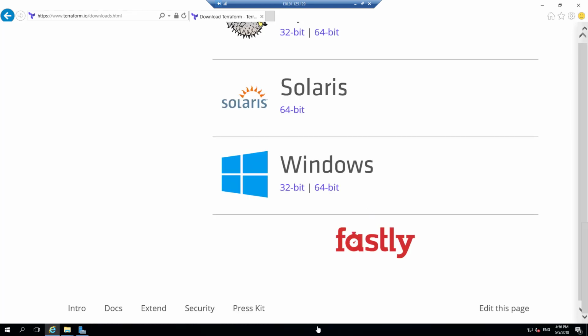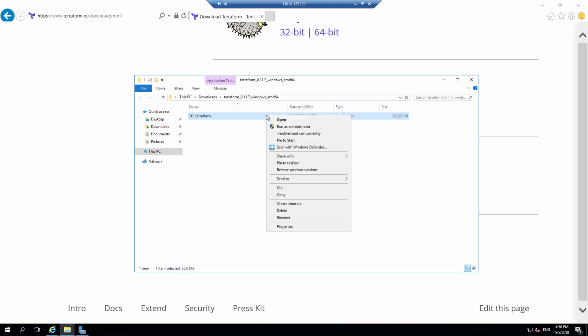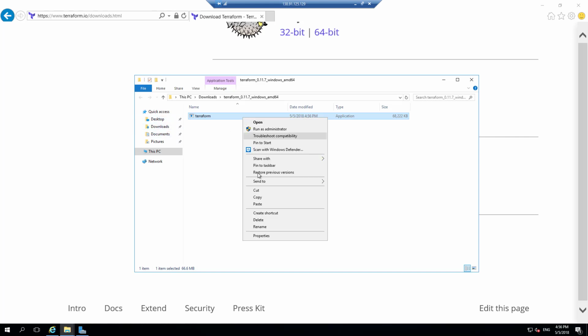So it's not an application to install. So it's like, yeah, what happened? Because this is not an application that you install. It's a binary that you run. So what I need to do is I need to copy this